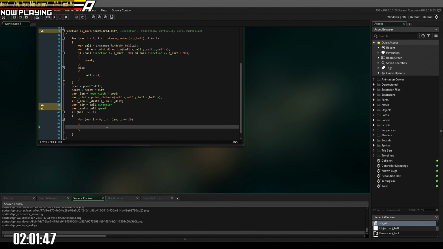Right, now the actual hard part. So, for variable i, i is less than length, i plus equal 10. So basically it'll increment up 10 pixels every time I do this. It'll go,